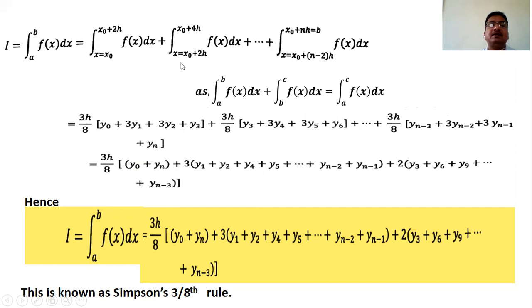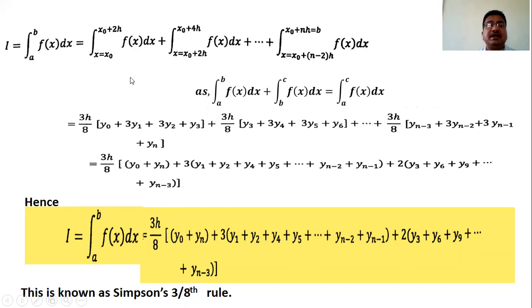The correction is there: x0 to x0 plus 3h. That is, take the first 3 intervals. Then x0 plus 3h to x0 plus 6h, right here x0 plus 6h. Plus the last 3 intervals, what are they? x0 plus n minus 3h to x0 plus nh fx dx. So the correction is there in this step. While writing in your notebook the proof of this Simpson's 3/8 rule, right here x0 to x0 plus 3h. Here write x0 plus 3h to x0 plus 6h and write plus so on plus x0 plus n minus 3h to x0 plus nh fx dx, and then substitute the values.